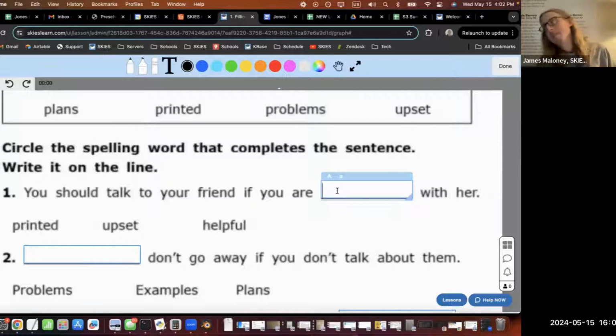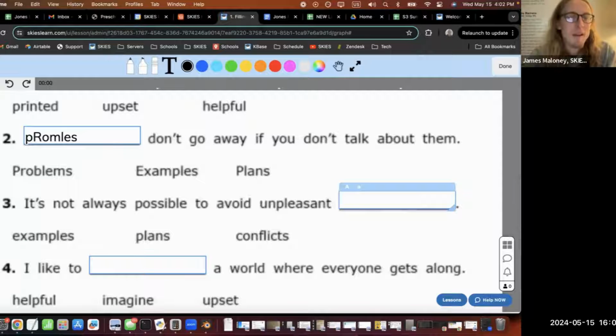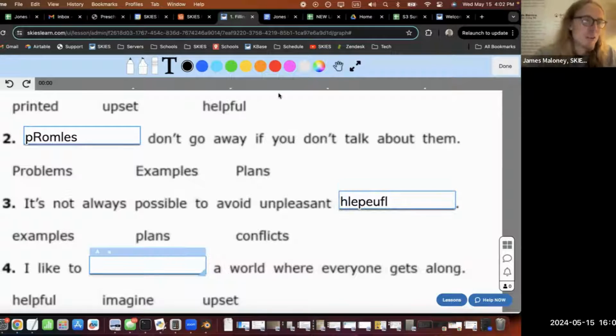You no longer have to take your Google Slides and add these boxes, or the kids in Seesaw have to put the box in the right place, and some of the kids have ADD. The parents and the teachers complain about it, the parents and the kids both. Skies makes the boxes for you, and you can come right here. You can say, okay, upset, tab, problems, tab, helpful, tab, right? And you can just go through.